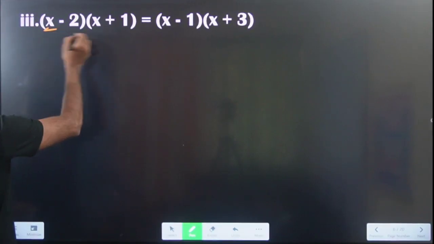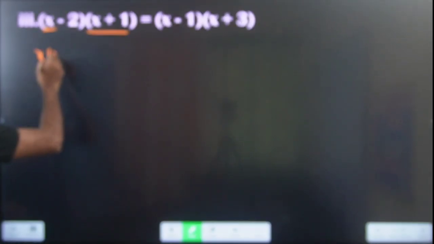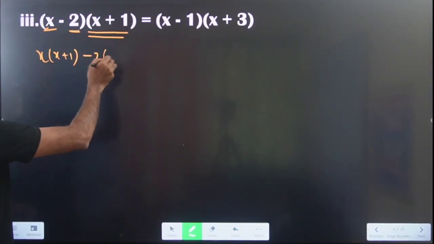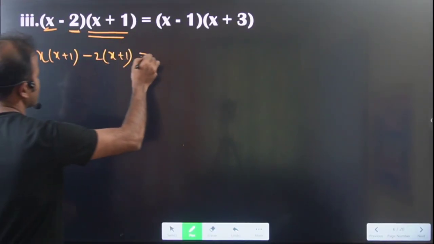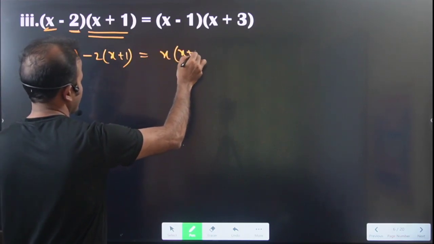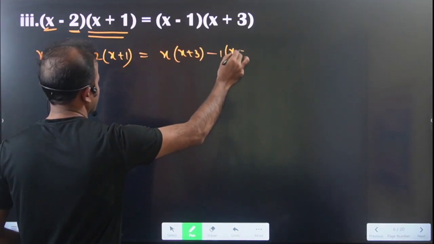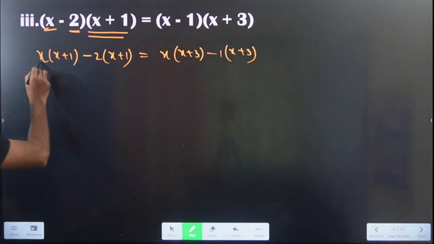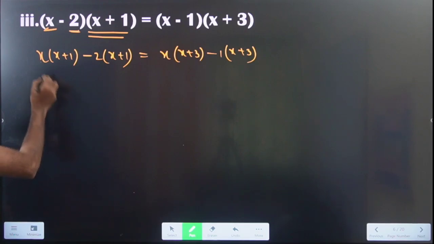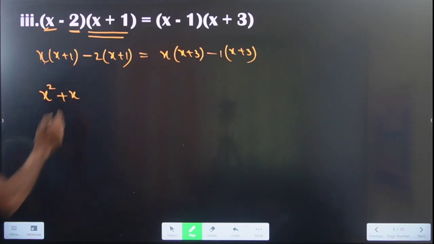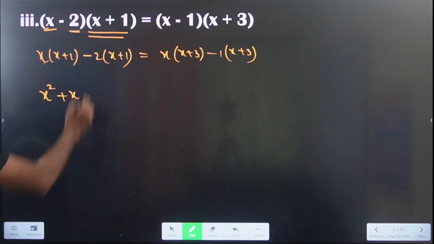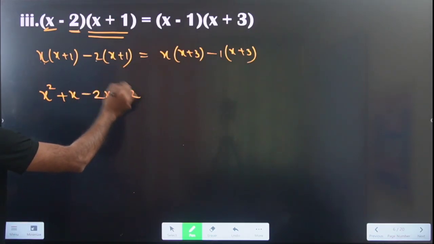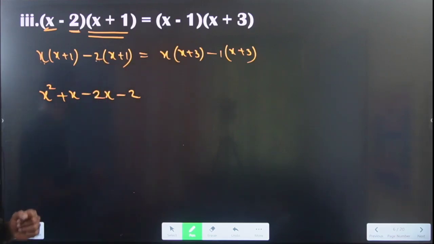Okay, now you multiply x with x plus 1. Similarly you multiply minus 2 with x plus 1. Here also you do the same thing, x with x plus 3, minus 1 with x plus 3. Okay, now you tell, x into x is how much? x into x is x square, x into plus 1 is plus x, minus 2 into x is minus 2x, minus 2 into plus 1 is minus 2,